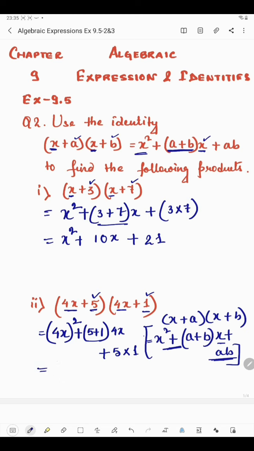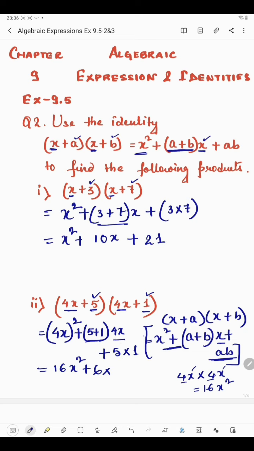Now (4x) whole square means 4x into 4x, so 4 into 4 is 16, x into x is x square. So (4x) whole square means 16x square,